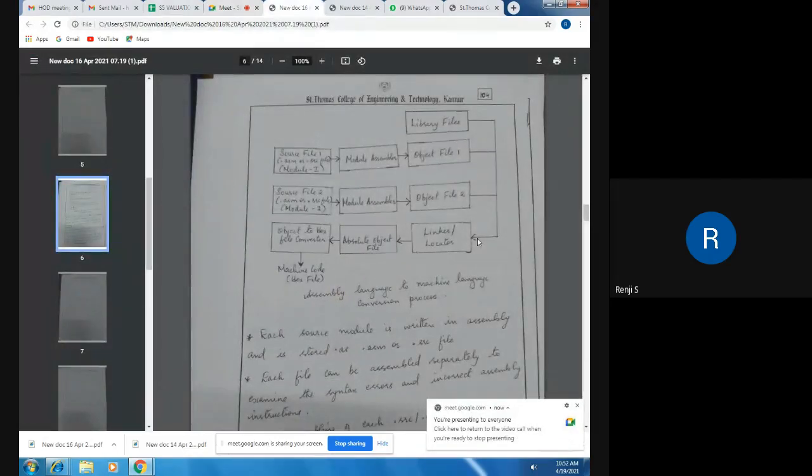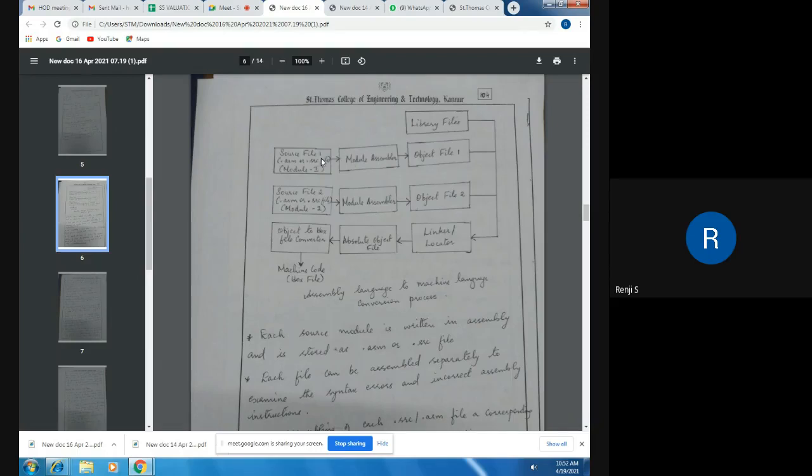If you study this figure, the same block diagram can be used for the next section also. Here we are discussing conversion of assembly language to machine language. In the next section, we will be discussing conversion of high-level language to machine language. The same block diagram is used, with the same names and everything, except that instead of the module assembler, we use a compiler.